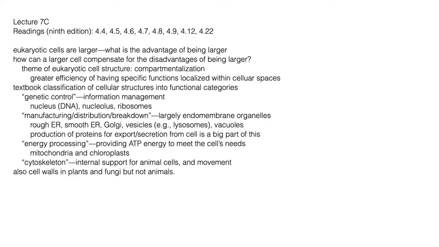I mean, it's kind of silly from my perspective that prokaryotic cell structure in chapter 4 has only 4.3 and eukaryotic cell structure has 4.4 all the way to 22, right? And so while we needed to supplement a little bit of the readings for the prokaryotes, we don't need to do that. In fact, I need to streamline things a bit for eukaryotic cell structure because truth be told, not every biologist is going to be so enamored with the details of